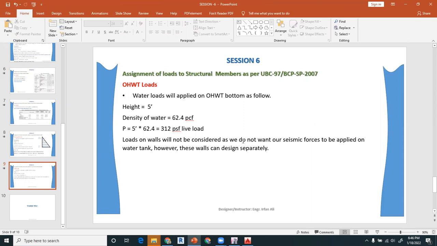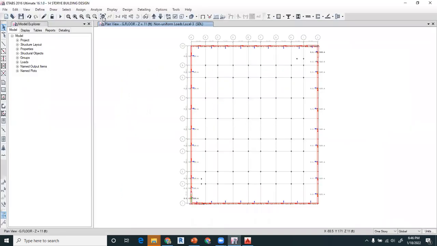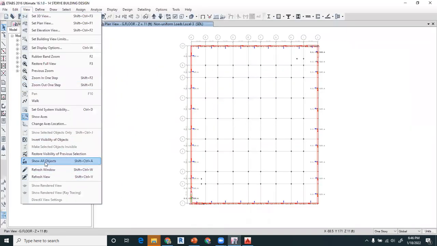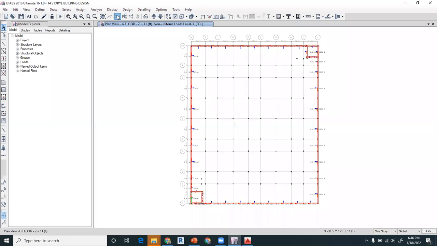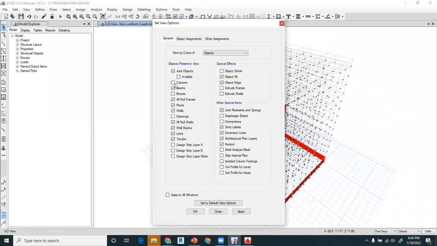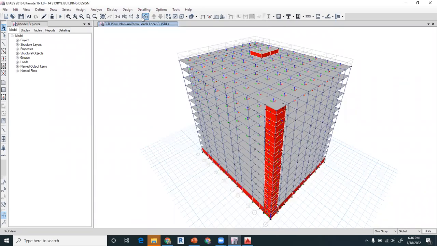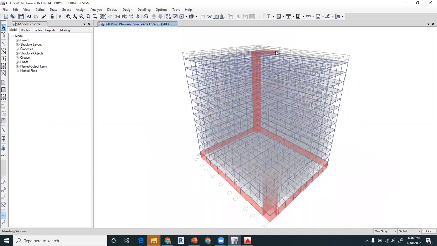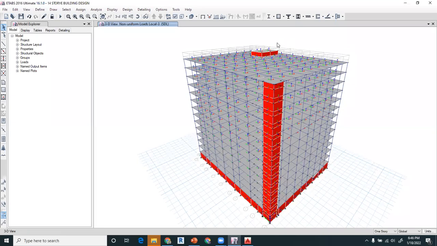So you have to take the water load on this bottom slab of the overhead water tank, but please be careful that you do not apply the lateral load of the water on your whole model, because when you do that, what will happen? Let me give you the proper reason. For example, this is our overhead water tank, right? So when you apply the load